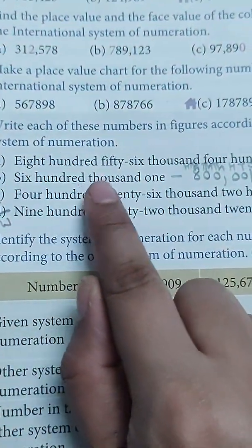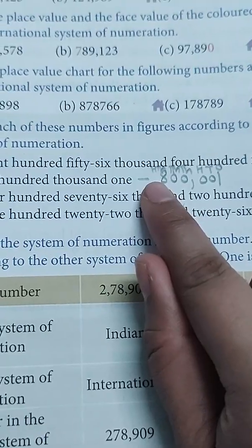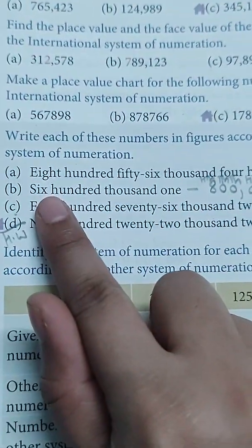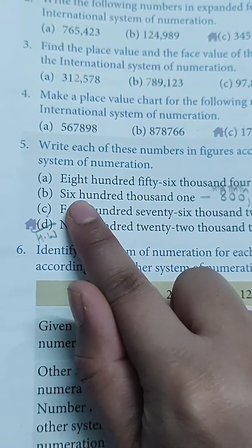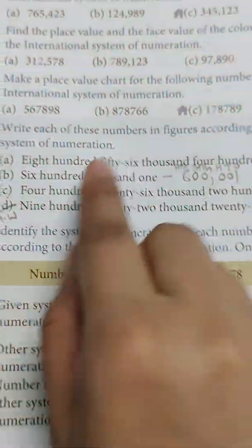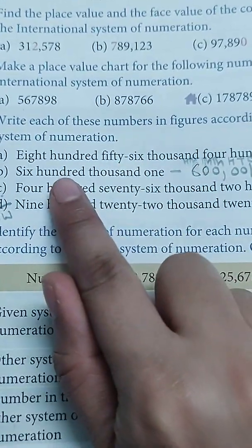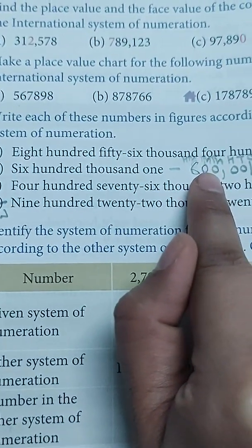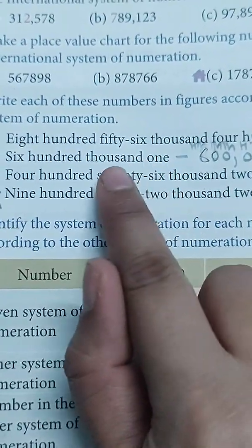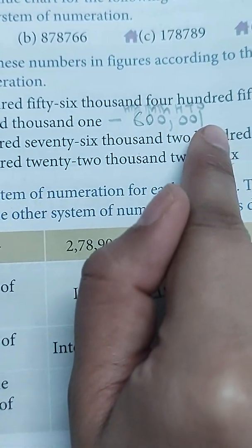Okay, now 600,001. Again it is 100,000, 10,000, 1,000, hundreds, tens, ones. So we have 6 at 100,000, so there is one mistake. Yes, 600, so we have written 6 at 100,000. Then we don't have any number at the 10,000, 1,000, 100 and tens places. Simply he has given 600,001, and 1 is at the ones place, so at the ones place we will write 1.